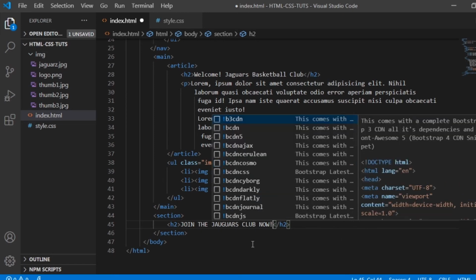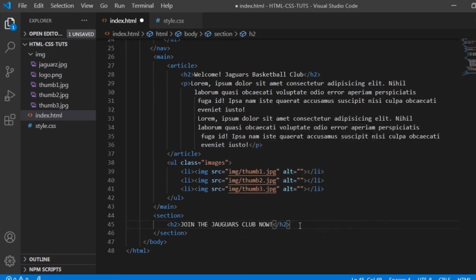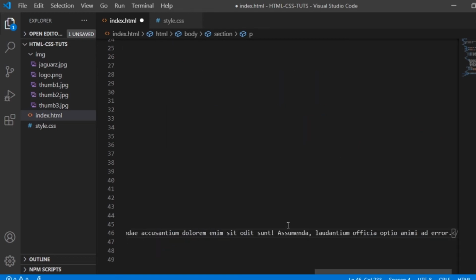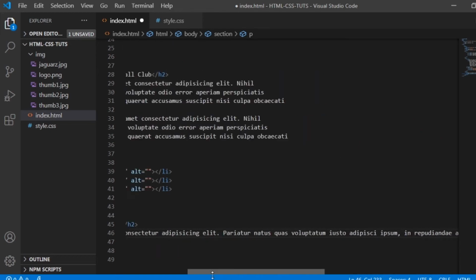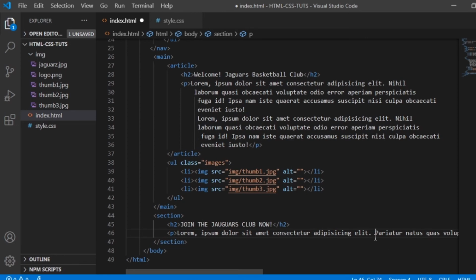Okay, and then I will create now a lorem or a paragraph content. So p lorem, and then I will make this readable to you guys.